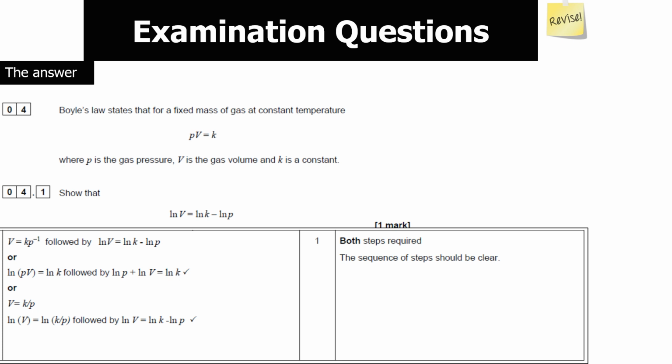At this point, when you want to get rid of the powers, you then add in your natural logs, which we know we need from the information given in the question. So we can therefore say natural log V is going to equal natural log K plus natural log P to the minus 1. Now what happens at that point is the minus 1 will come through to the front. So therefore it'll become log V equals log K minus log P,